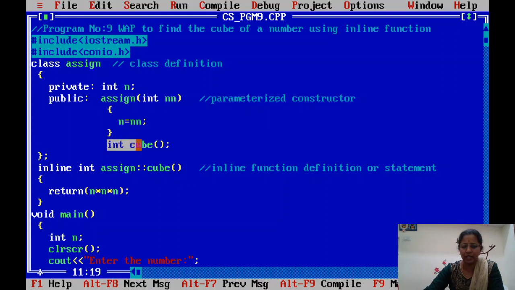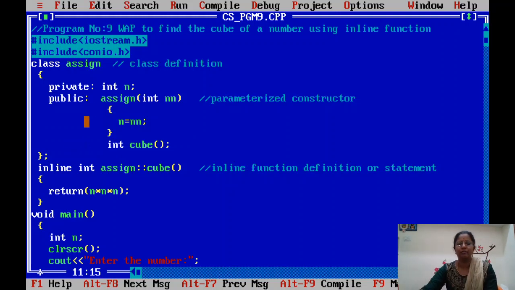The function has a return value, hence it contains a return type specifier called int. Do you remember in program number 6 and 7 we used void, and in program number 8 we used float? Depending on the program, the return type specifier changes. Here we are returning one value from the function, hence the return type is integer.